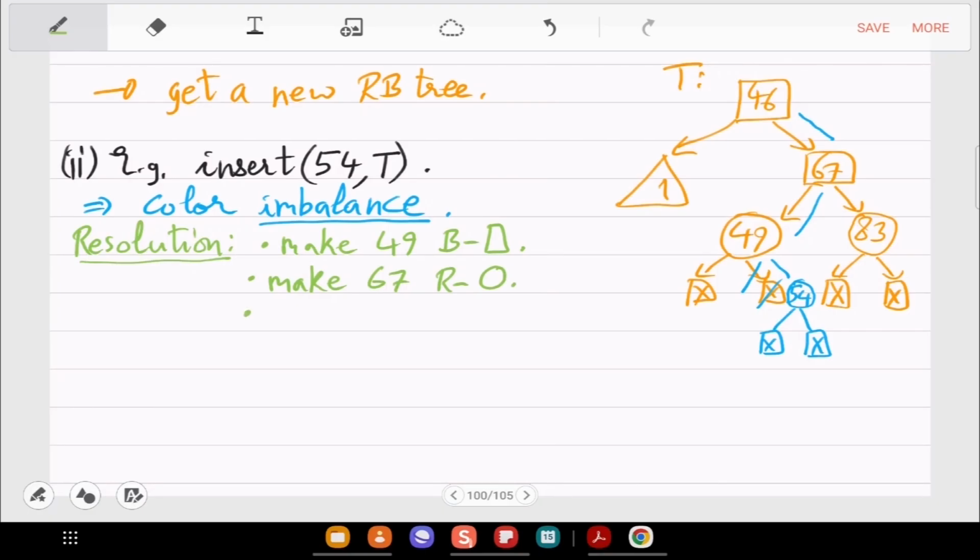Now when you make 67 red, there are actually two problems. One is that red now has a red child, so there is a color imbalance, and there is a height imbalance on the 83 side. Both of them can be solved simultaneously by making 83 black.